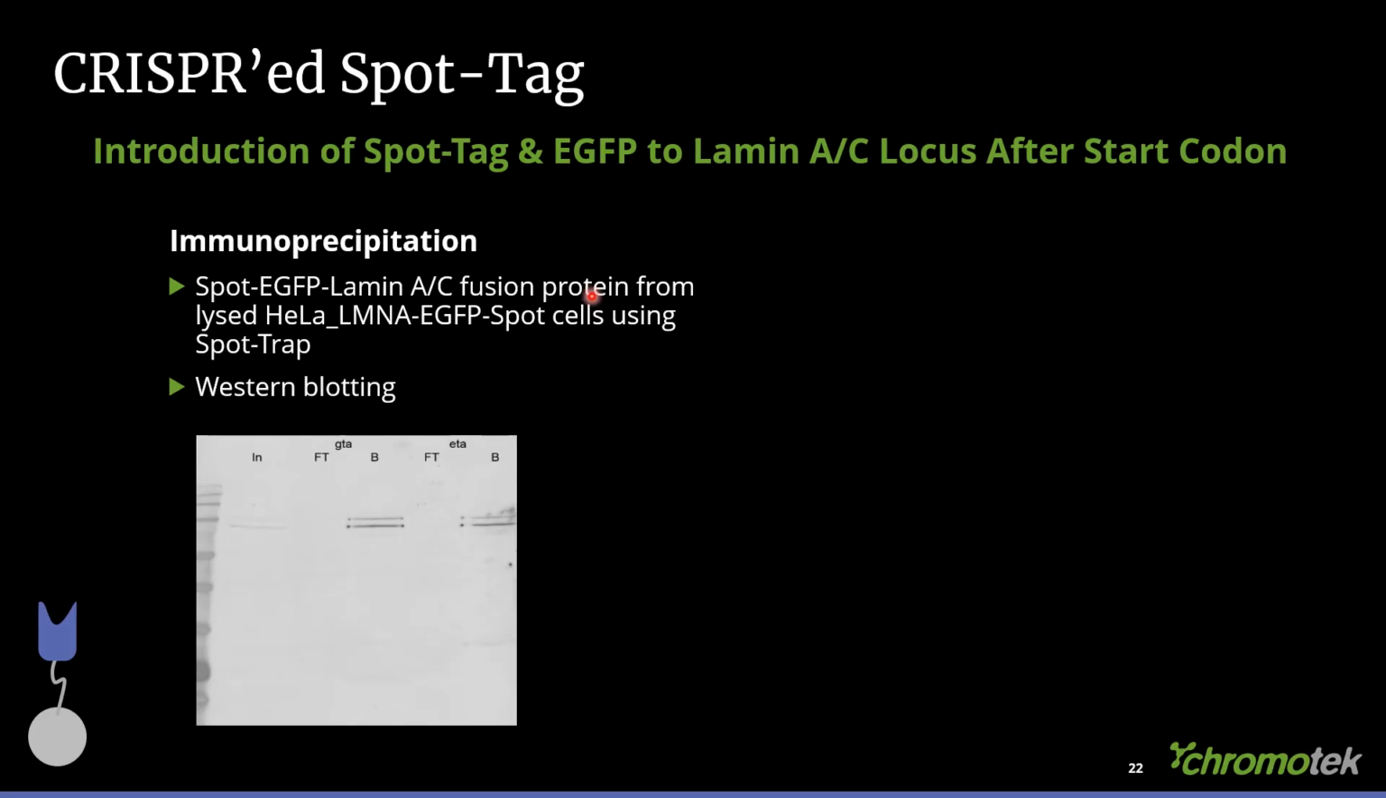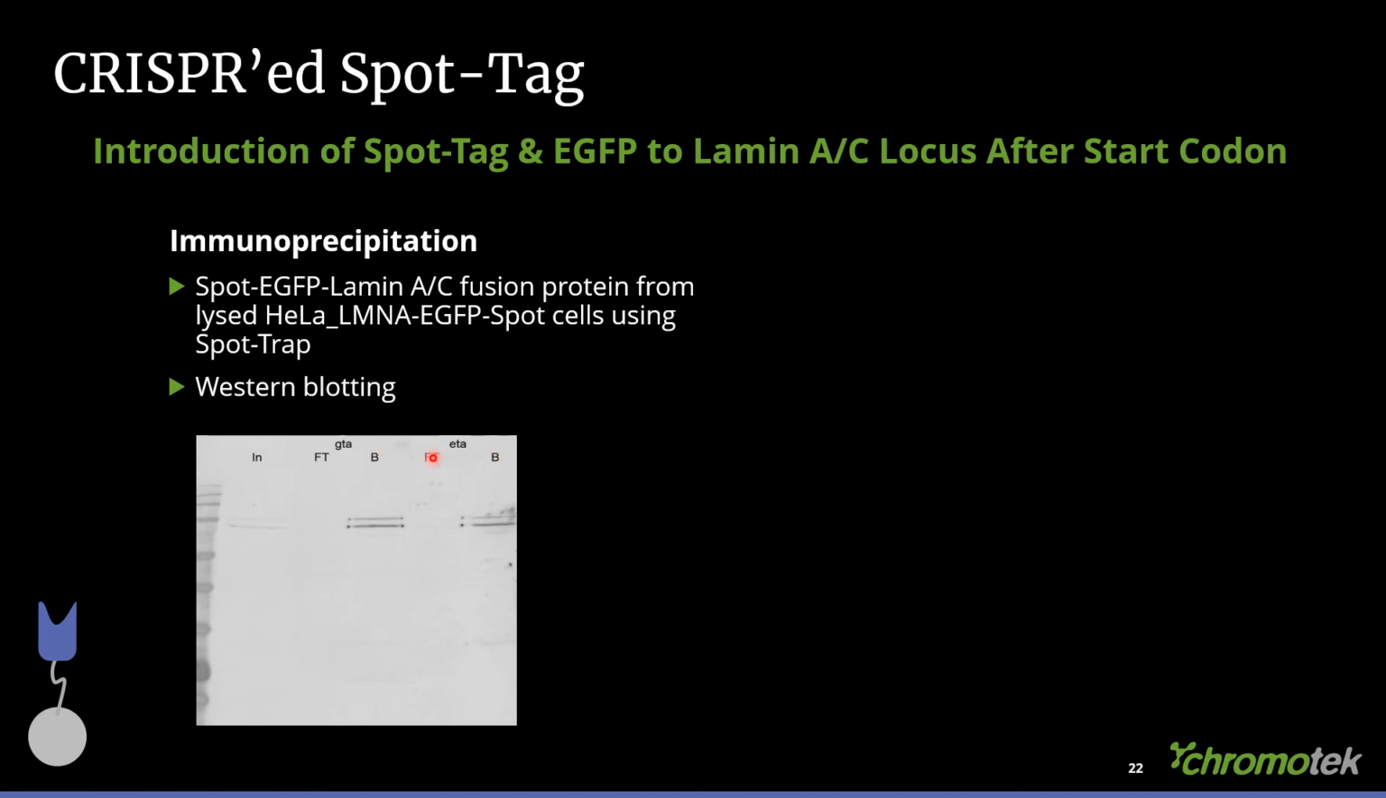Now I'd like to show a CRISPR'ed Spot-Tag application. What was done in these experiments is the introduction of a Spot-Tag and an EGFP to the Lamin A/C locus after the start codon in HeLa cells. And we have conducted first an immunoprecipitation. You can see here the Western blot. Here we have the input, and here we have used